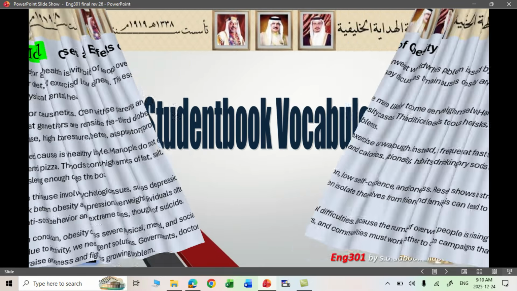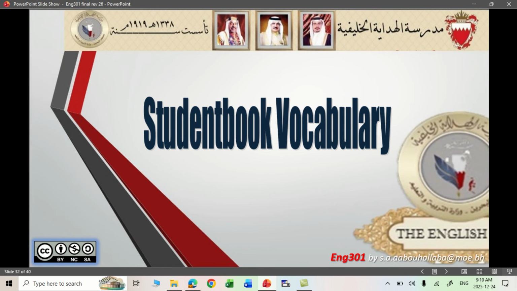Well, the last thing we are going to look at, I'm not going to do anything in this. This is the student book vocabulary. I made a glossary of all the important vocabulary that is mentioned in each unit of your book. Remember, you have a question on that vocabulary. It's going to be a multiple choice question, MCQ. So you need to be sure that you know all the list of words that will come in a while. So please, after each slide, pause, take a screenshot, and keep it for revision before the exam.